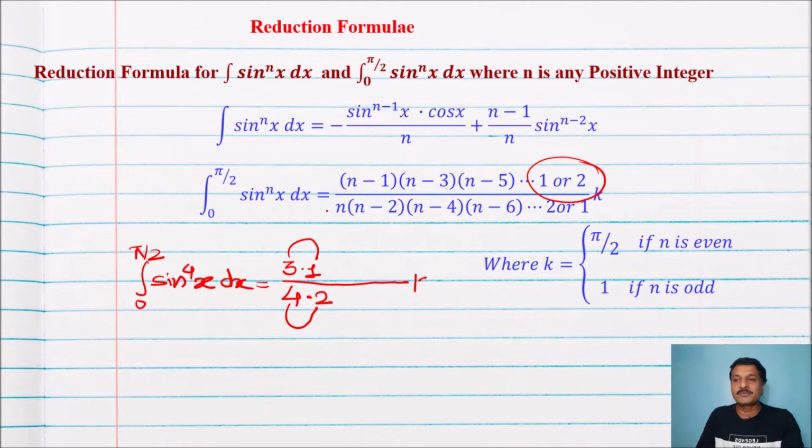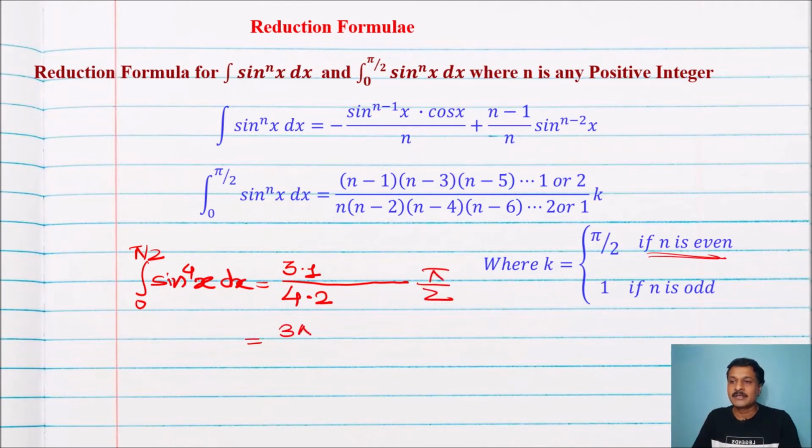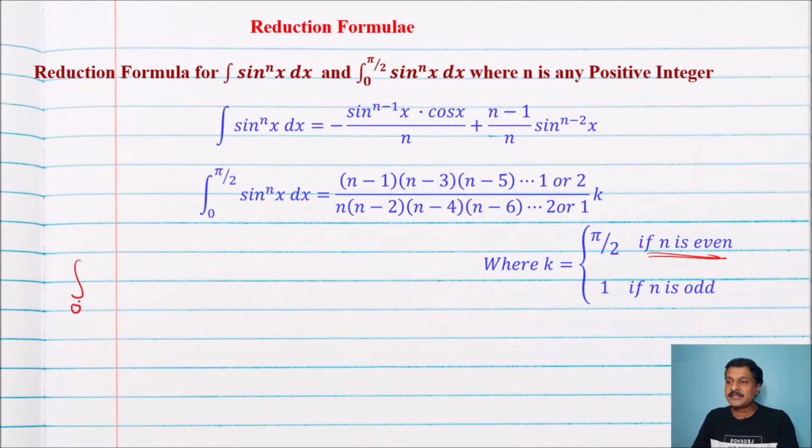Here you can observe the power is 4, which means it is even. So that is why k equals pi by 4, and I am getting 3 pi by 16. If we consider another example, the integration from 0 to pi by 2 of sine x raised to 10 dx,